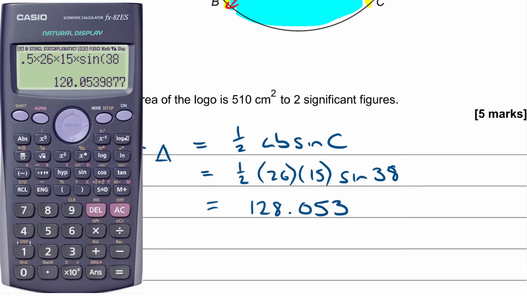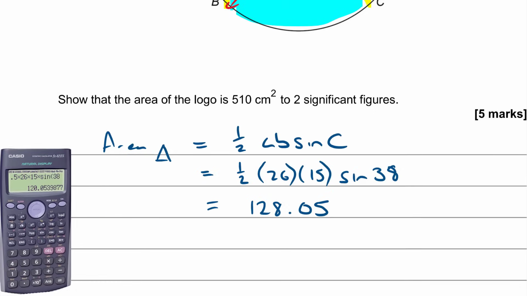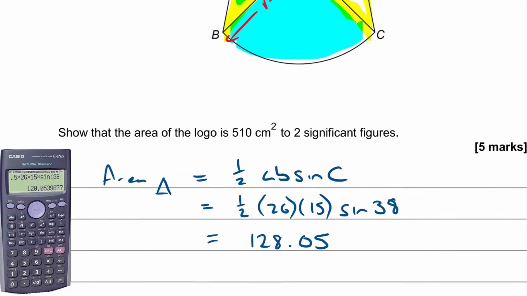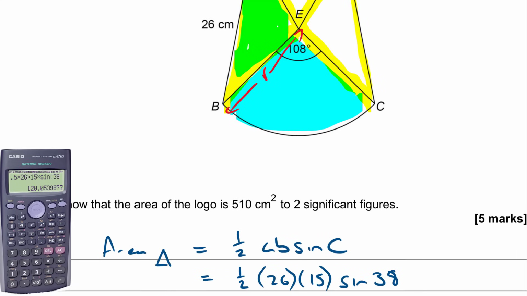Okay, I'm going to give my final answer to... Oh, actually, I don't need to, it's only two significant figures. Let's just round it off then. I'll leave it like that. Okay, so that's the area of one of my triangles. So then my sector, I'm going to need to know r first. So I need to know that